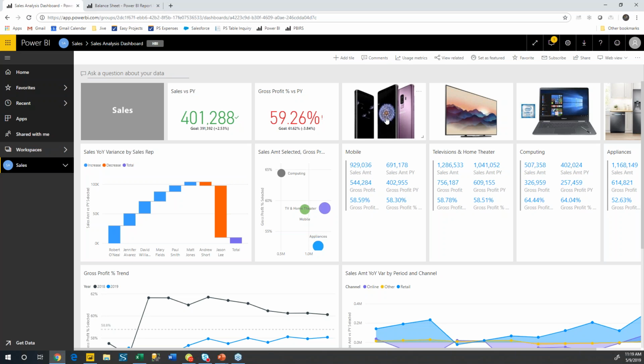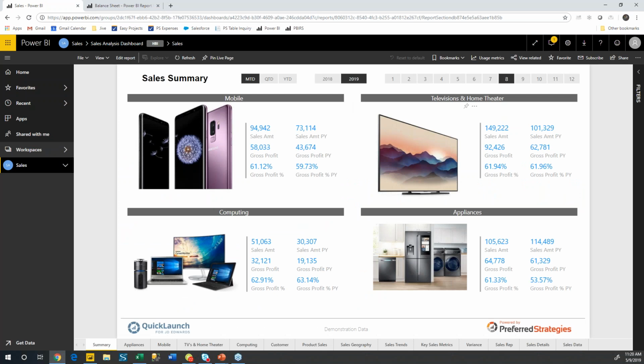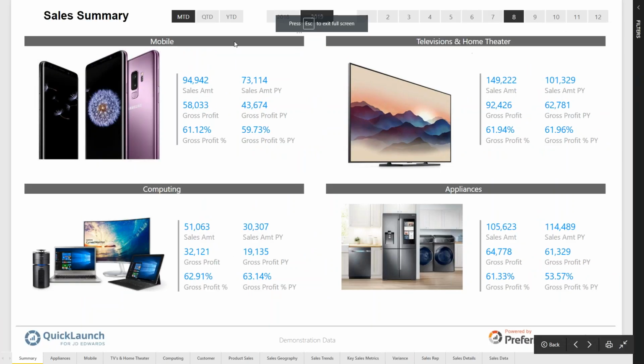Okay, so if I want to then drill down from the dashboard, kind of like we did in the KPI, I can drill down to this report. So now if I open this up, this is our sample sales Power BI report that we go in and modify for each customer, right? As we get to most of these tabs, you'll see there's like 10 or 15 tabs at the bottom of this report, and we'll click through these so you get a sense of what's there. But the first few tabs is